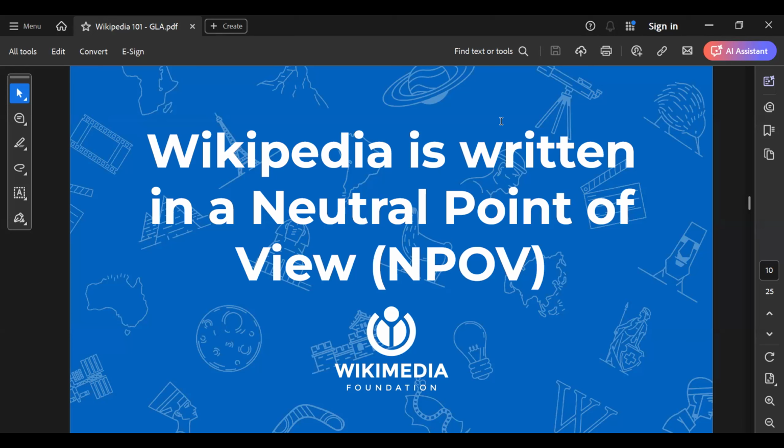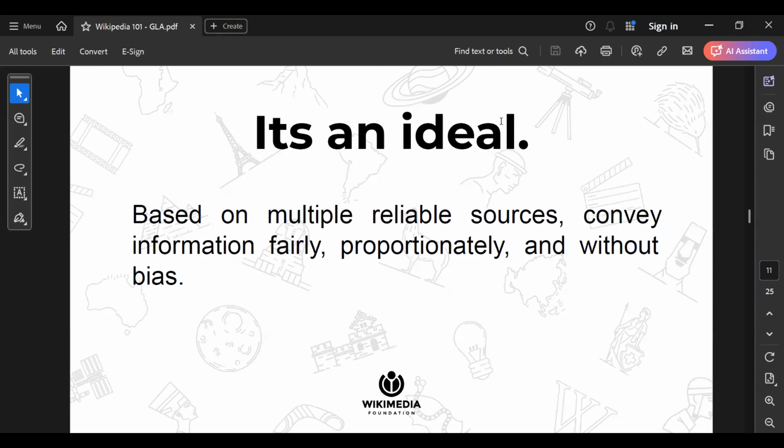We also have what we call the Wikipedia voice, which looks slightly different from journalistic content, where people exaggerate or use weasel words to express their emotions. Wikipedia is not like that. We write in plain, neutral, and very simple to understand English. You don't need to be a journalist to contribute to Wikipedia, as long as you understand the 5 pillars of Wikipedia, which we'll be talking more about.